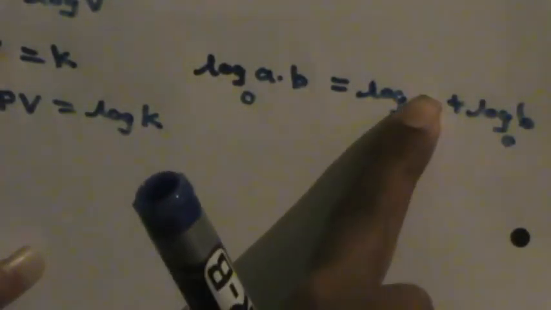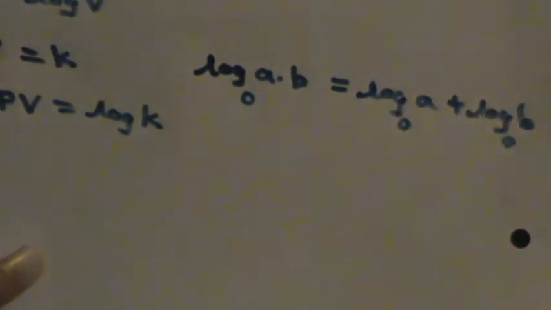Those three values should be equal. If it is log 2 to the base AB, it should be log 2 to the base A plus log 2 to the base B. So what we actually have to do is take the log values. So what I will do here is also take the log values. So log value of PV is equal to log P plus log value of V.